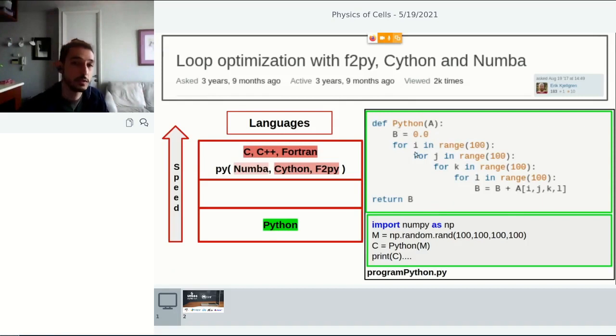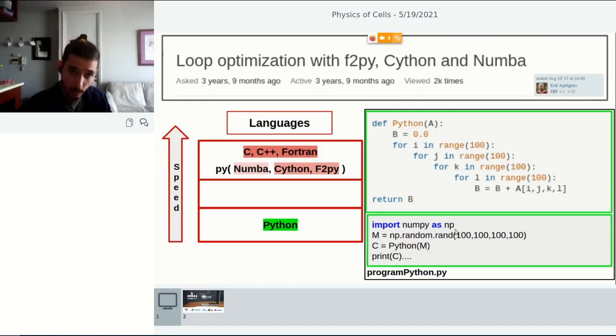The name of the function is Python, and what it's doing here is for loops. So 1, 2, 3, 4 loops, and it's adding each element of this 4-dimensional array or matrix and returning the element B. So you define this function,